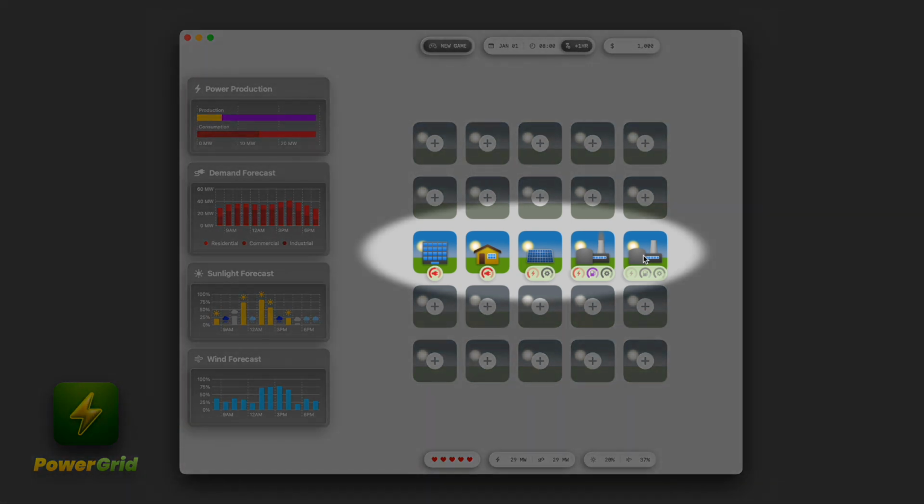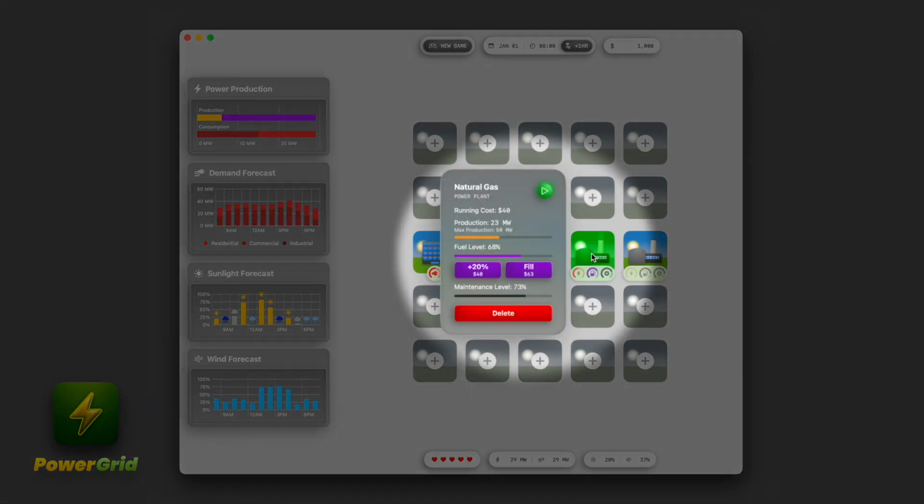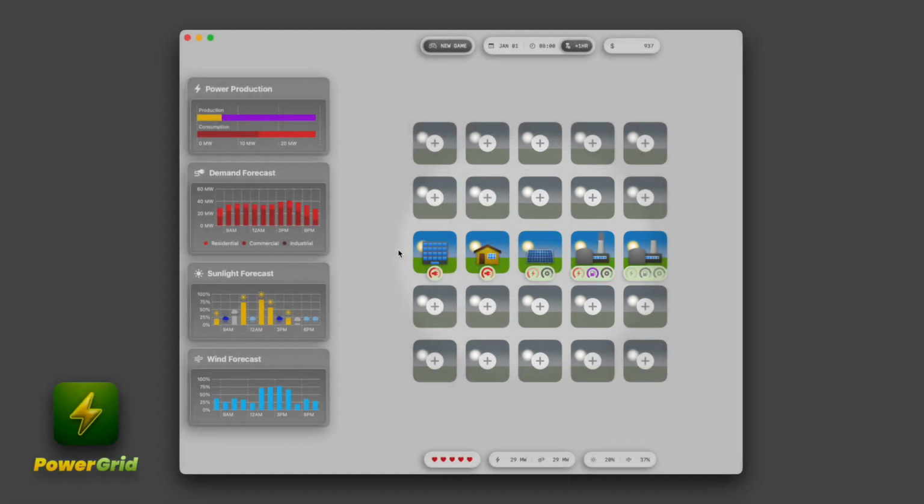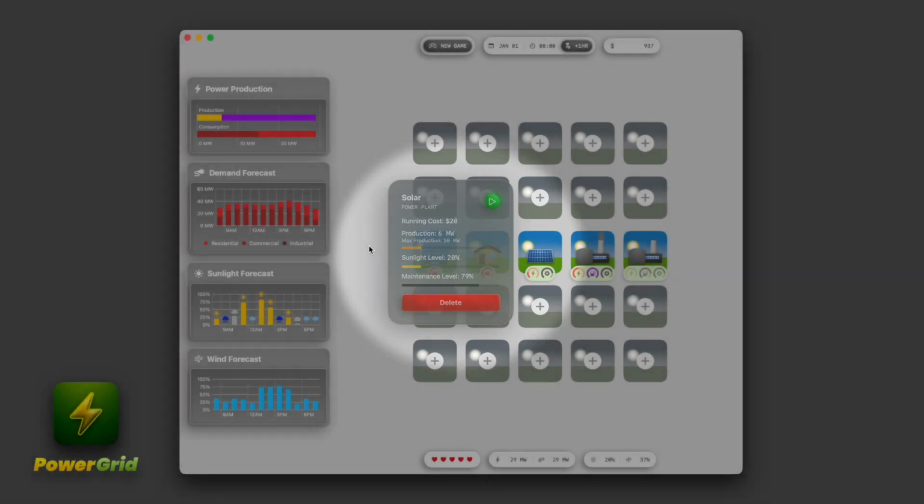In this game, you have your power plants and your customers. Different power plants have their own characteristics and they have different advantages and disadvantages. For example, you have your natural gas power plant that produces large amounts of energy. However, they are reliant on expensive natural gas fuel and they also require frequent maintenance. Meanwhile, your solar panels are cheaper. They require less frequent maintenance, however they produce power depending on the sunlight level, and the sunlight level can be